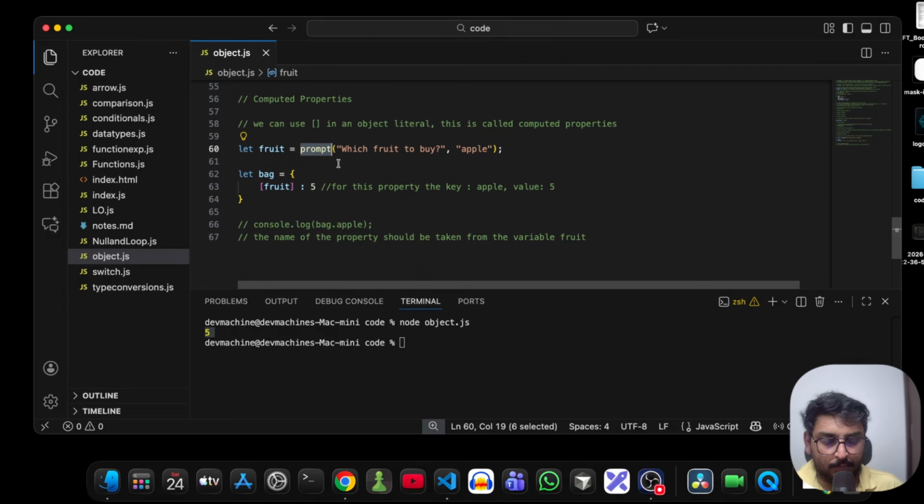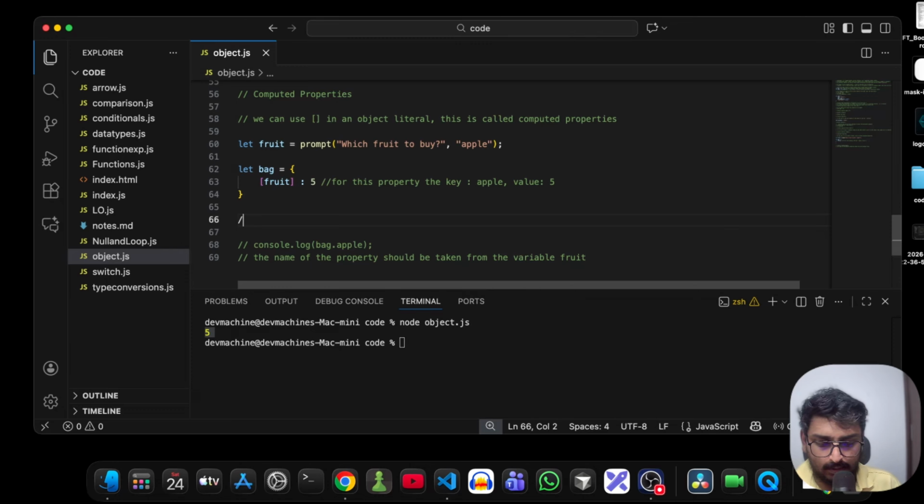So using prompt, we are asking users this question and whether they are okay to take apple or not. If not apple, they'll enter some value, orange or some other thing. Once they enter this value, then